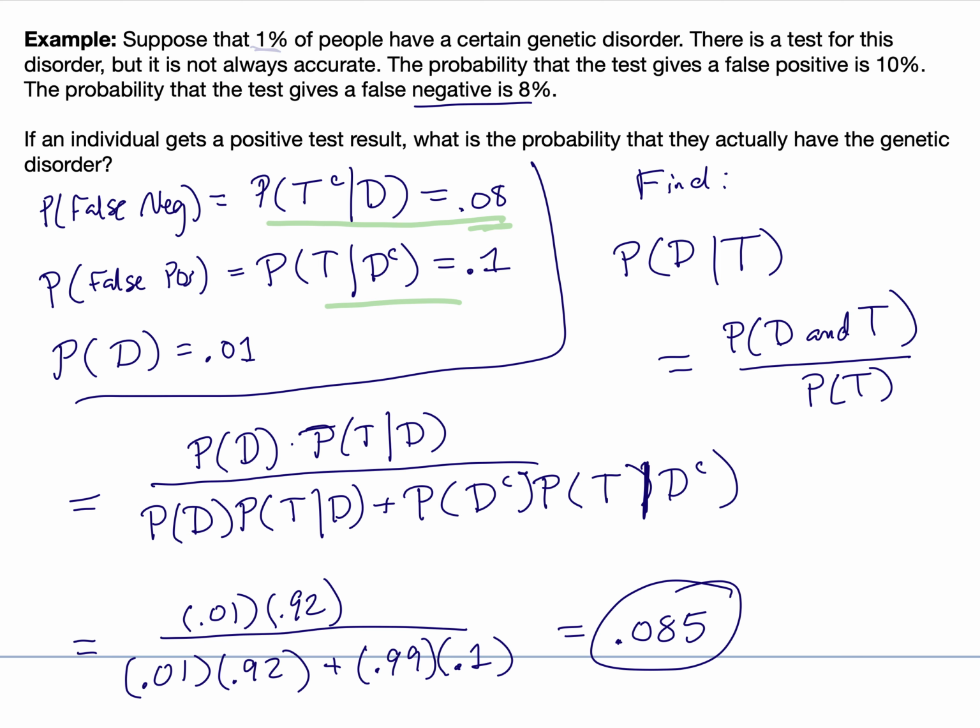And this wasn't even that rare of a disorder, so 1% of people, that's not especially rare. There are many disorders or diseases that people get tested for that have a much lower probability